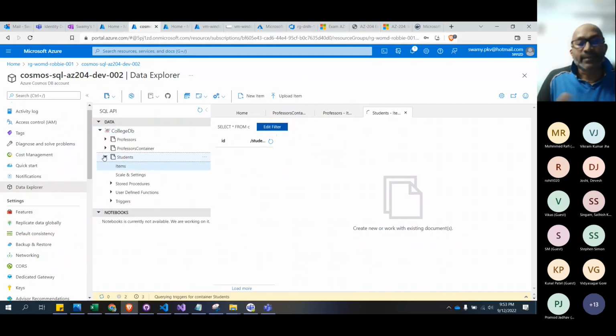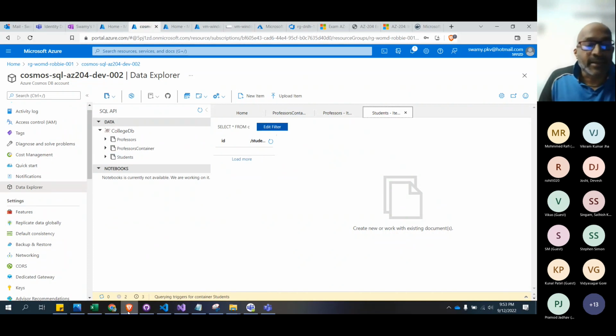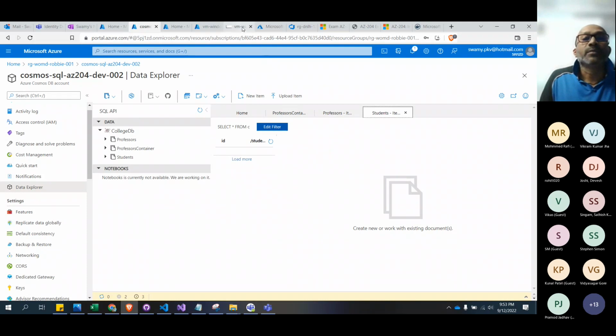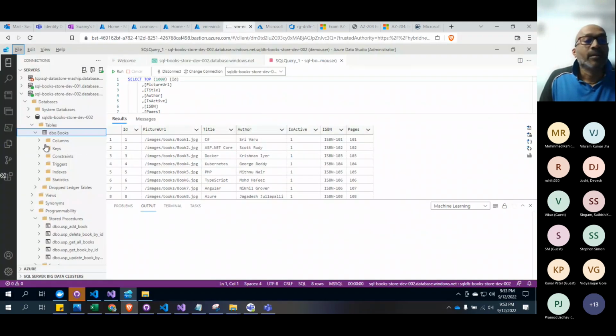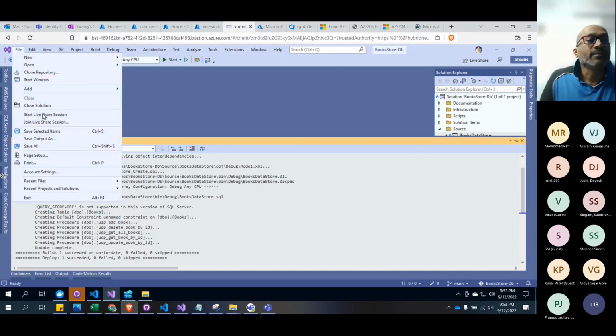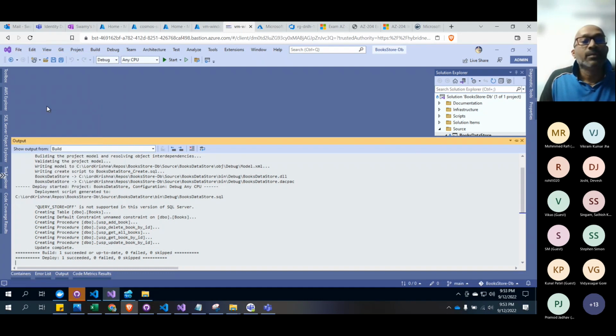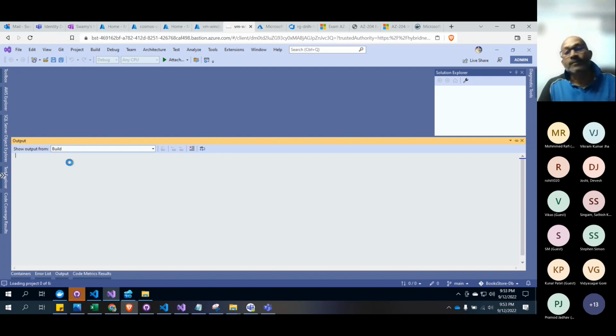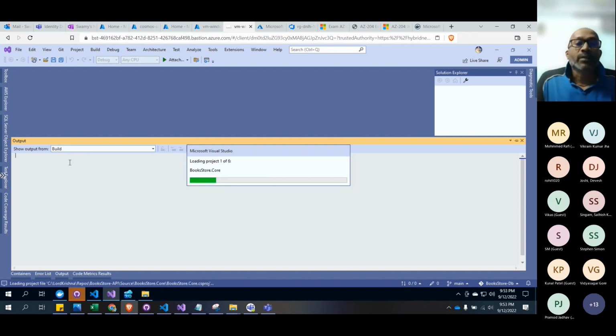OK, this is there. Let's park it as it is and let's come back to this. Let's create an API. So we have a bunch of students here. Let me close this, the DAC pack, and open the bookstore web API. Now in this bookstore web API,